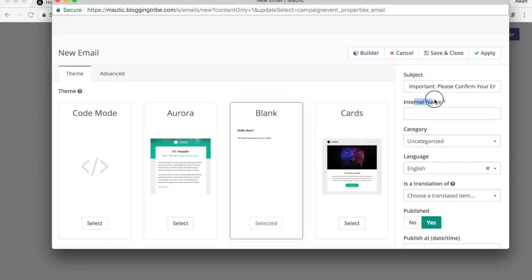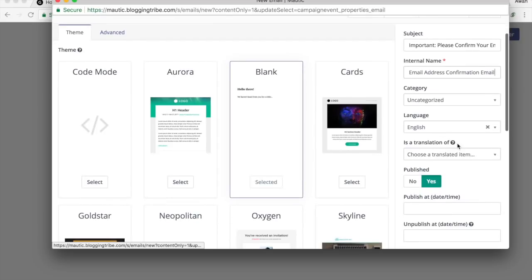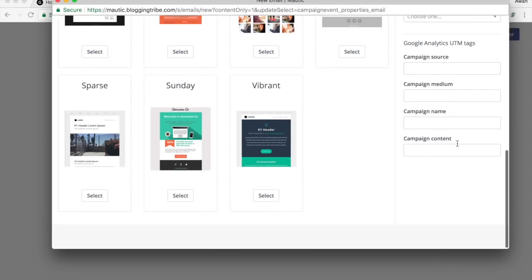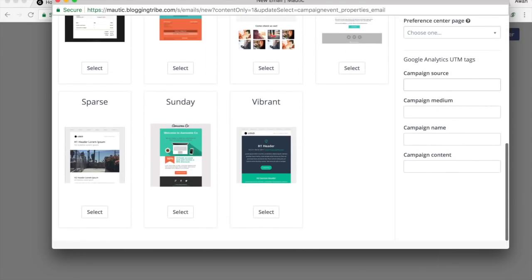And the internal name, you are the only one who will see this, so we'll say email confirmation, email address confirmation email, no need for a full stop. So is it published? Yes. And campaign source, we could say Mautic, medium, email, campaign name, email address